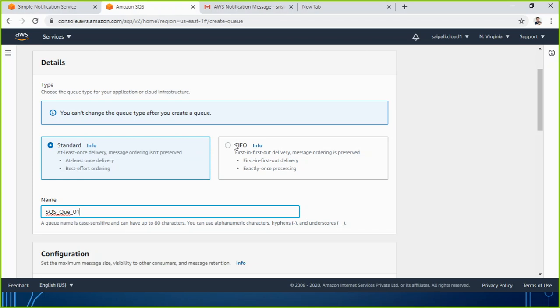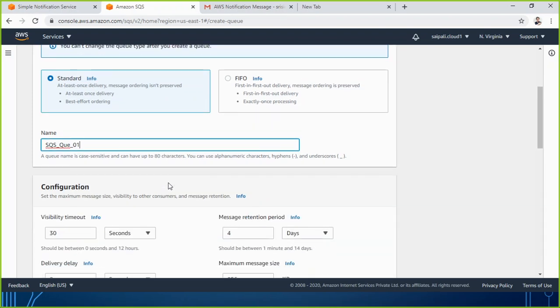Which one do you want? If you want standard, you will go with standard. If you want FIFO, you will go with FIFO. If you go with FIFO, this name will not be accepted because it allows only names ending with the .fifo extension. So let me first show you with the standard, and then I will come back for FIFO also for the next. So let's go with a standard SQS.